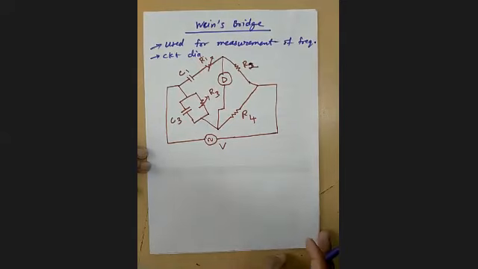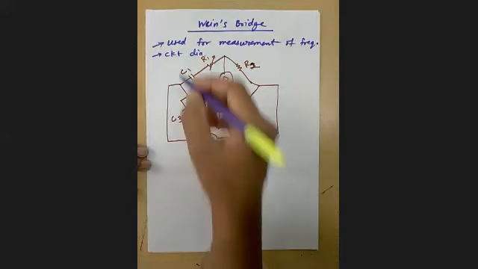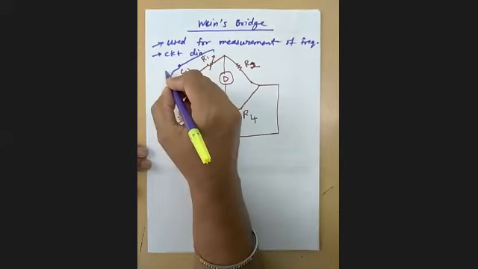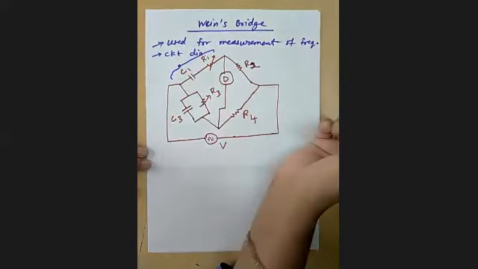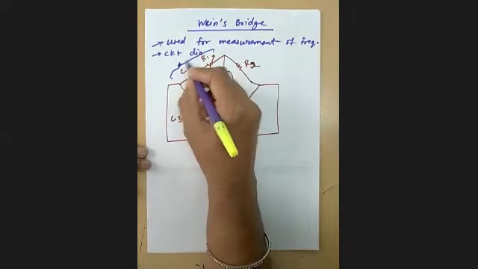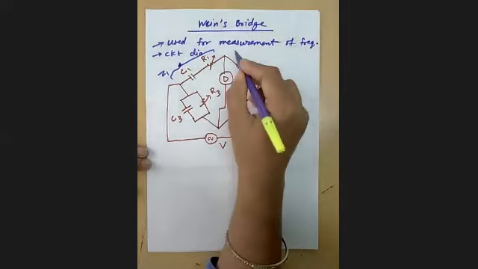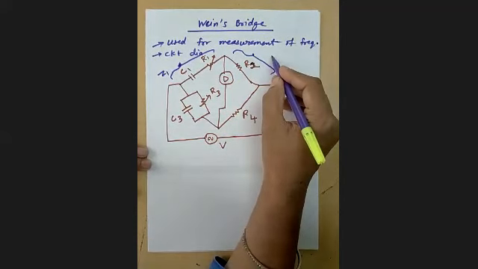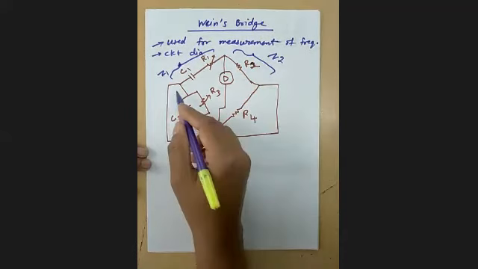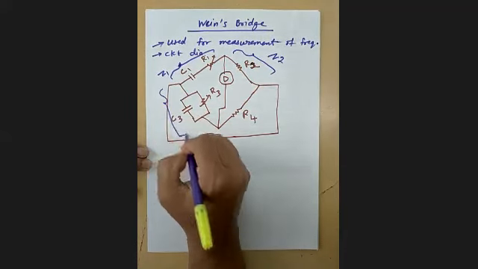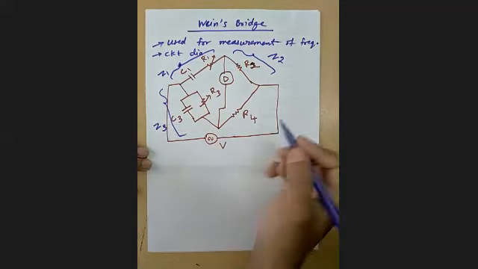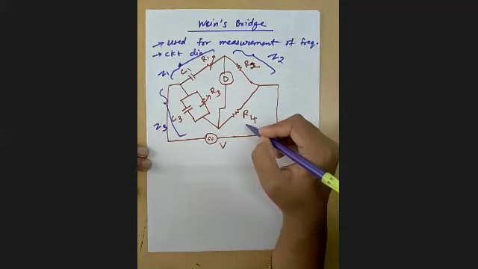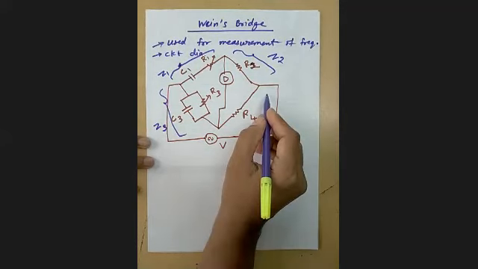So you know the method of how to solve. So what can I write here? What is the impedance of this arm, denoted by how much? Yes, reply. Z1. Yes, the impedance of this arm, let it be Z1. The impedance of this arm? Z2. Nice. Impedance of this arm? Z3. Very good, Pinky. And Samarth, the impedance of this arm? Z4.